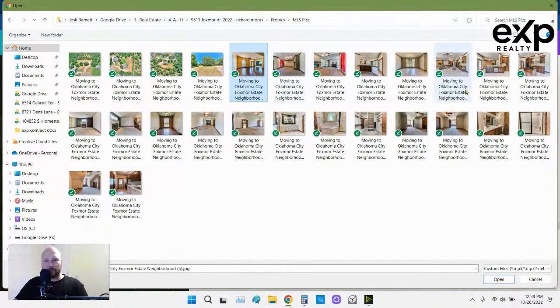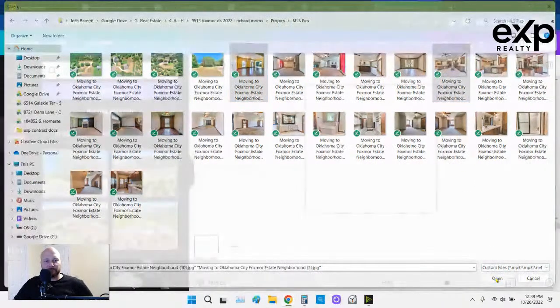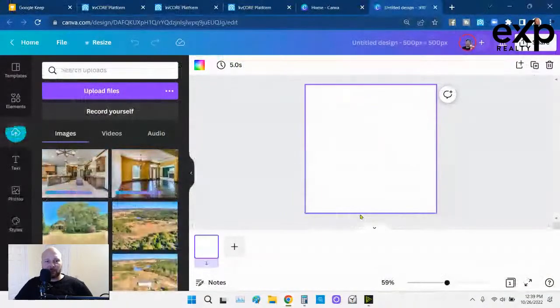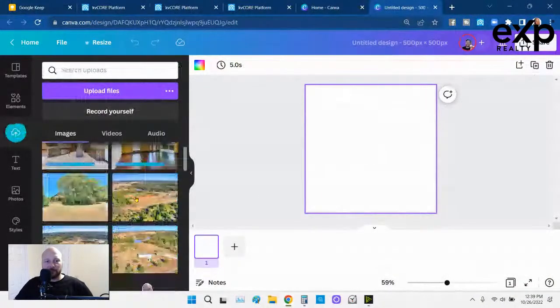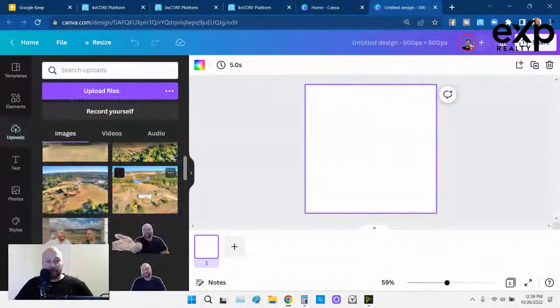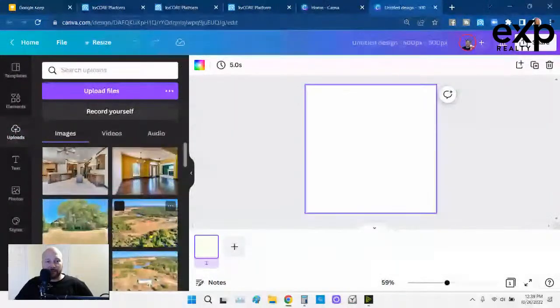Just pick some pictures that you think will get people's attention. That's the main thing. Okay, so we'll build out the first one with the first image, and then it's real simple. After we do that, we're just going to duplicate it, guys. We're simply going to duplicate it.